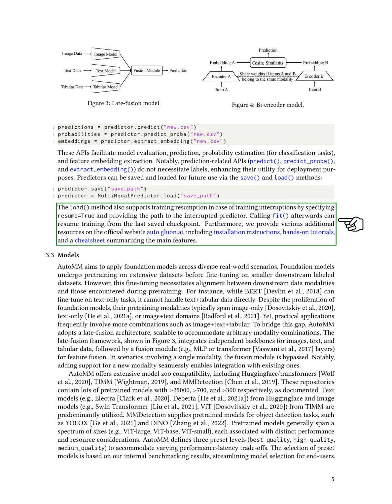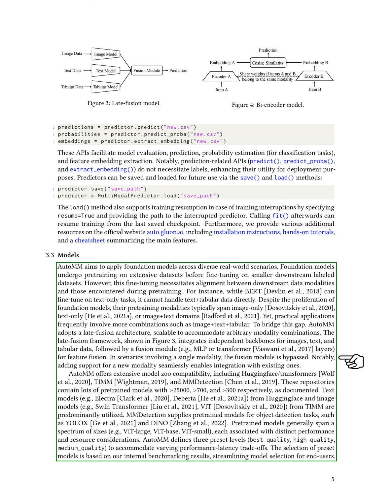Section: Models. In this section, we aim to apply foundation models in various real-world scenarios. These models are first pre-trained on large datasets and then fine-tuned on smaller labeled datasets. However, this fine-tuning requires alignment between the data types used during pre-training and those in the specific task. For example, while BERT can be fine-tuned for text tasks, it cannot directly handle tasks involving both text and tabular data. Most foundation models are pre-trained on image-only, text-only, or image-text data, but real-world applications often involve more complex combinations